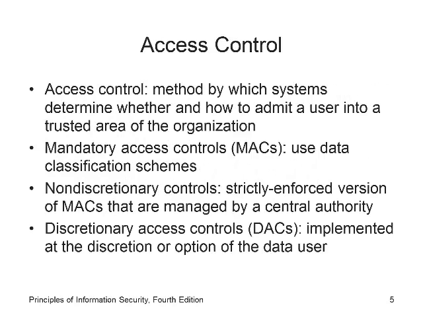Okay, let's talk about access control. First thing here, access control says methods by which systems determine whether or not to admit a user into a trusted area of an organization. So maybe we have a biometric lock on the door. Maybe we have a card swipe on the door. That's there to check who you are. On our forensics lab, we do have a biometric lock, and if your fingerprint's in the system, you put it on and it lets you in. If you're not in the system, well, the door either has to be unlocked for you or somebody else lets you in.